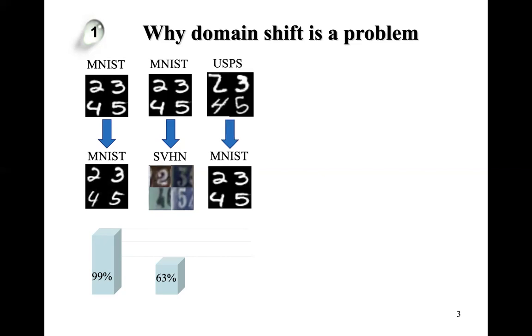Another example can be that we may train our model using the USPS dataset and test our model using the MNIST dataset. But this time, since there is less domain difference between the USPS dataset and the MNIST dataset, we probably will get higher accuracy, more than 81%. However, it still has a lower accuracy than the first setting, right?